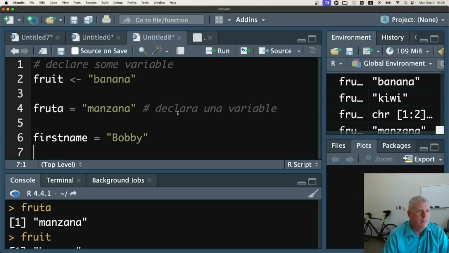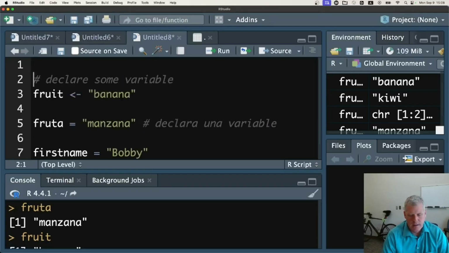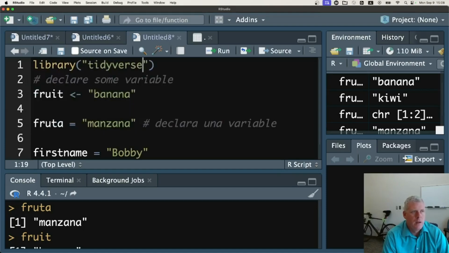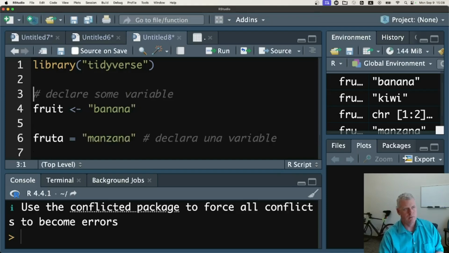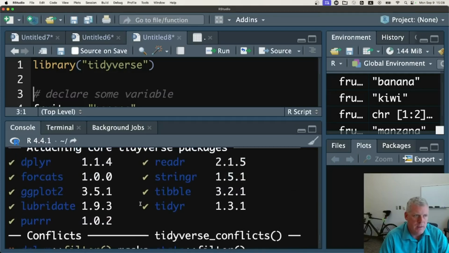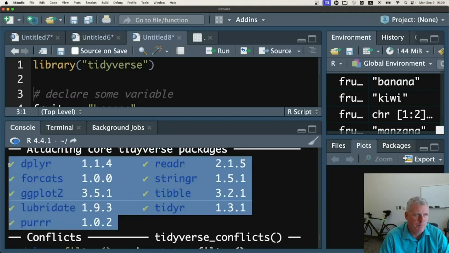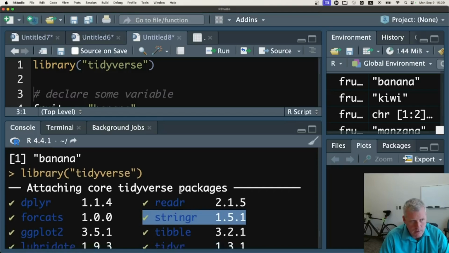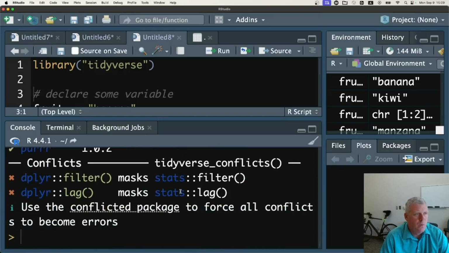Oh, by the way, we need to import tidyverse at this point. We're likely to use tidyverse nearly every time we use R in this class. Tidyverse is what's called a meta package. It loads in other packages, and these are the packages that it actually loads in. These 9 packages, and there's one called stringr right there that is useful for dealing with strings or characters, right? So when we load that in,